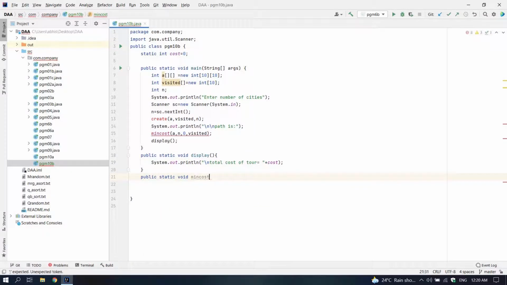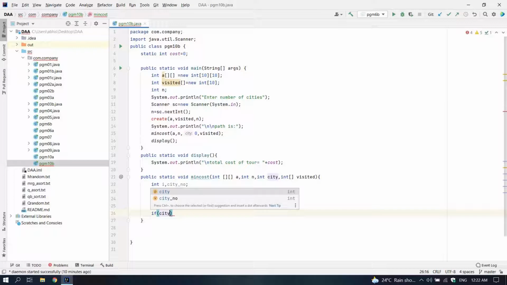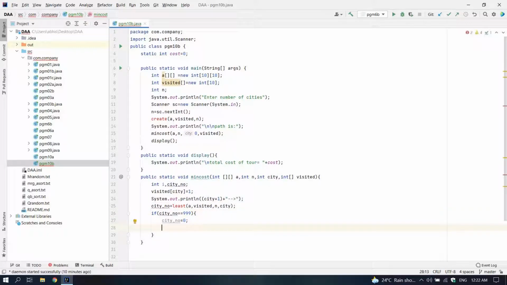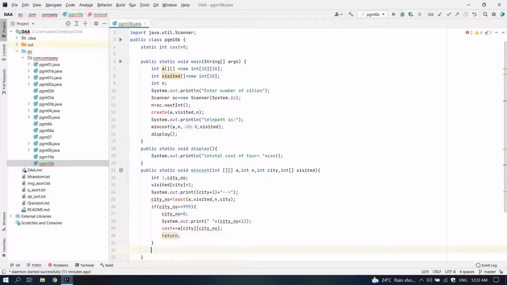Time for our minCost method. This is going to be a recursive method. After every recursion, we will update the visited matrix and also the integer n. An integer city number is initialized, which is storing the value returned from the function list. This function will return the city which is reachable from the source in the minimum cost. So now if the city number is 999, then that means none of the cities are left. Then we will update the cost integer and then return from the function. We can also say that this if statement is the base case of our recursion. Else we will call the minCost method again with current city as city number.